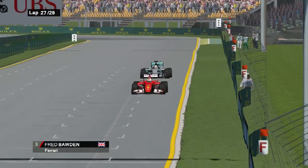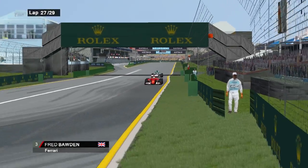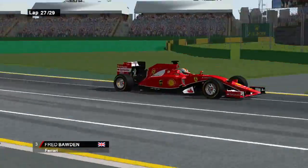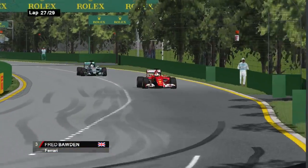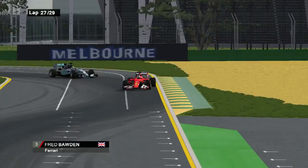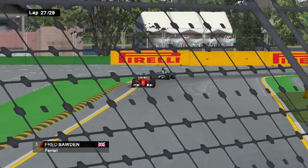Considering he started in 14th position, if you asked him at the beginning of the race whether he would finish 4th, he would say yes, that would be good for him, but considering what's happened within the race, a podium was definitely on for him. So I wonder if he was maybe caught up with the incident in lap 1, as you said, when he got past. Do you know if he had any contact with any of the drivers? I couldn't see if he had any damage. He might have got through it cleanly, or he might have got caught up, but I don't think there were actually too many drivers involved in